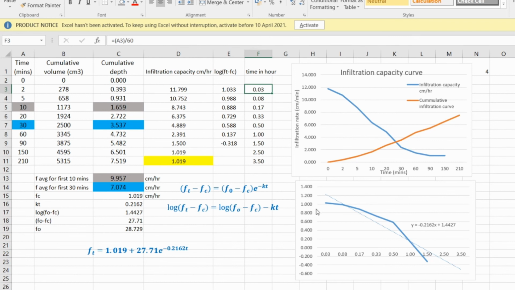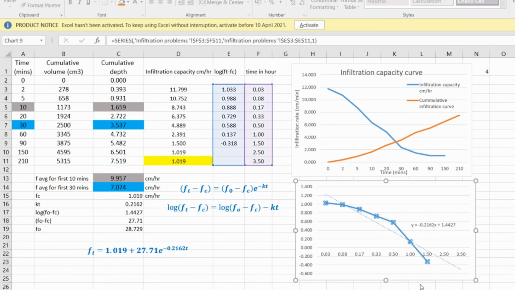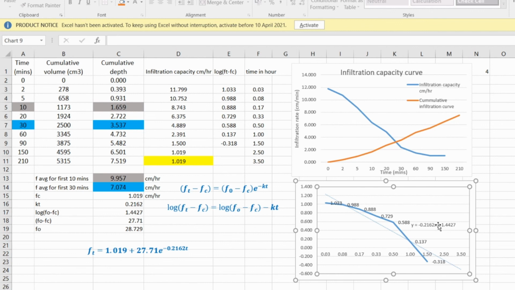Now, once I plot these values, log of Ft minus Fc as y and t as x, we can plot all those points. I can just show you what those points are. So these are my points which can be plotted from this graph. Once you draw this, we can draw the best fitting straight line. You can draw it in whichever way you want, and Excel has given me this as my best fitting straight line. This also gives you the equation. In Excel you will get this equation, but in a graph you may not automatically get it.